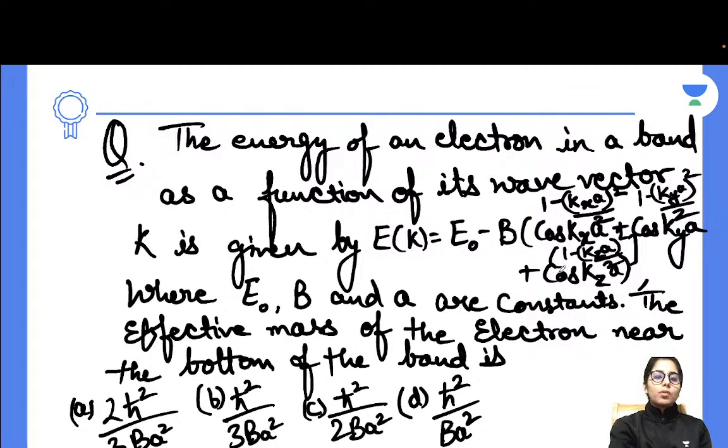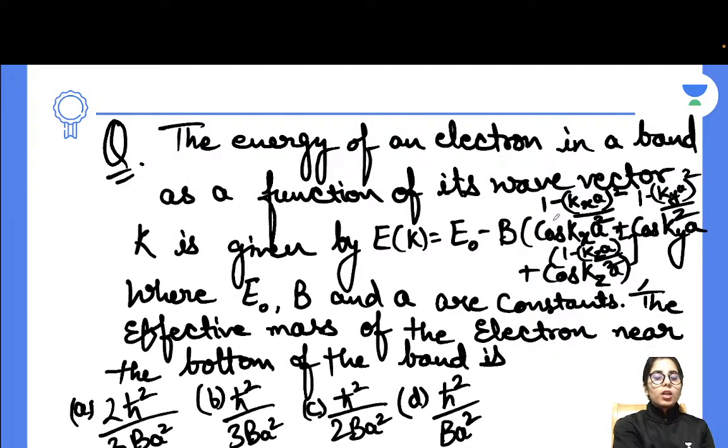Now if you want to differentiate it twice with respect to kx, ky, kz, so you will be getting just what? 2 kx a square will be remaining there. Then 2a square. So that's how you will be having 2a square everywhere. The next one will also be the same, and the next one will also be the same. So what you can do, you can take 2 common actually. So you will be having 2ba square with you.